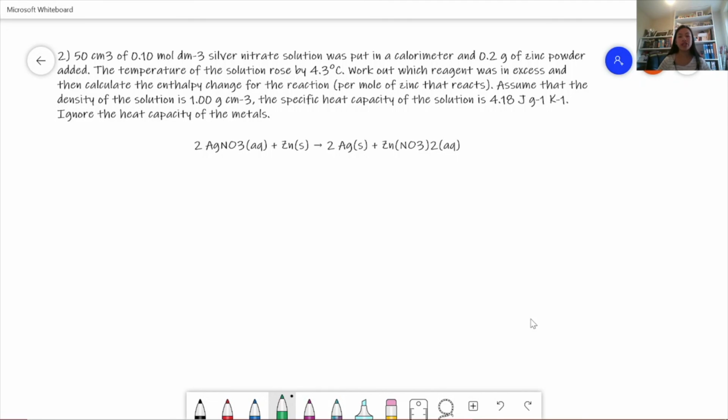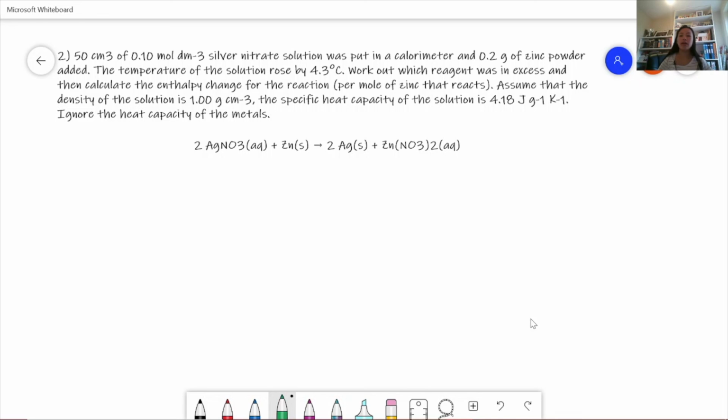So this second question is a bit more involved, but feel free to pause the video and try it first. So 50 centimeters cubed of 0.1 molar silver nitrate solution was put in a colorimeter and 0.2 grams of zinc powder was added. The temperature of the solution rose by 4.3 degrees. First work out which reagent was in excess and then calculate the enthalpy change for the reaction per mole of